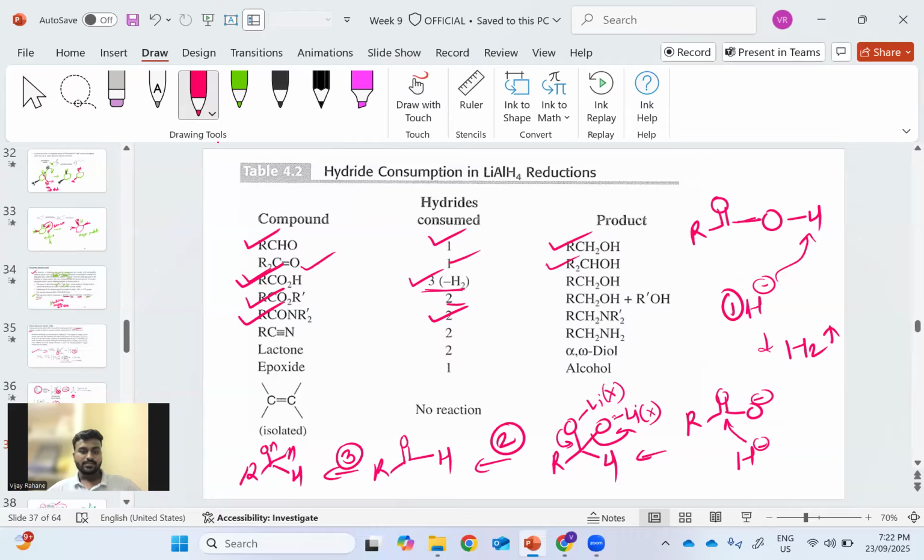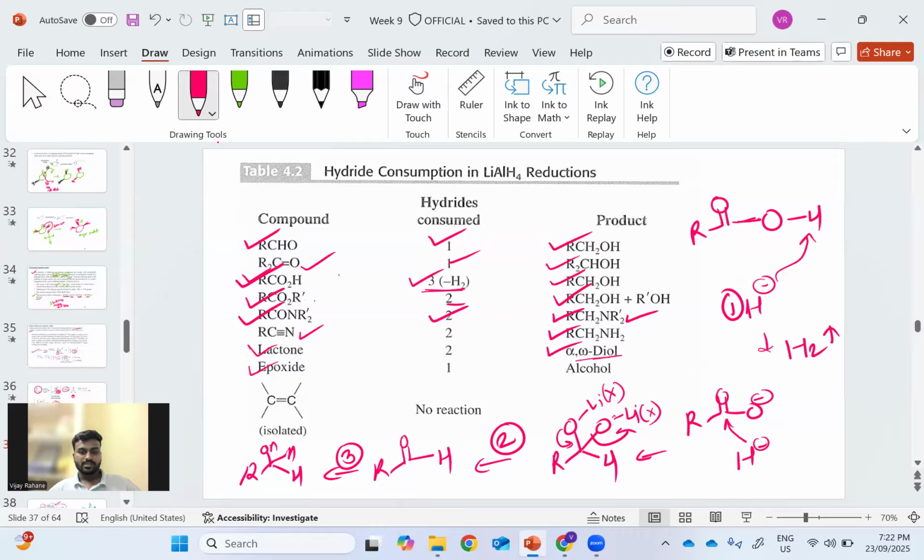The product with the alcohols as well as the esters, they are obviously the alcohol, primary alcohol generally. And with the amides, we get the primary amines as a product. Then if you have the cyanides or C triple bond N, then in that case also we get a primary amine as a product. Then if you have the lactones or the peptides, so lactones give the